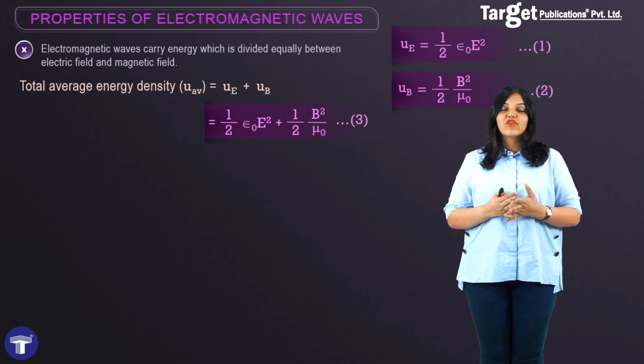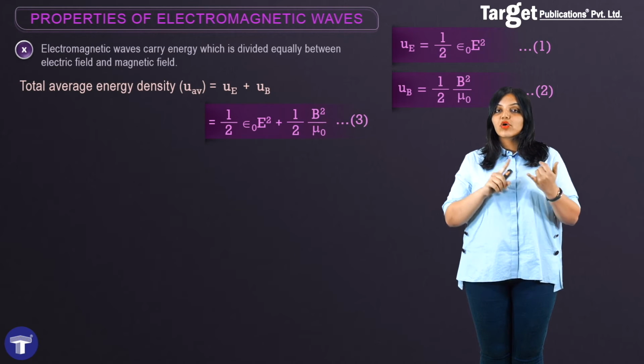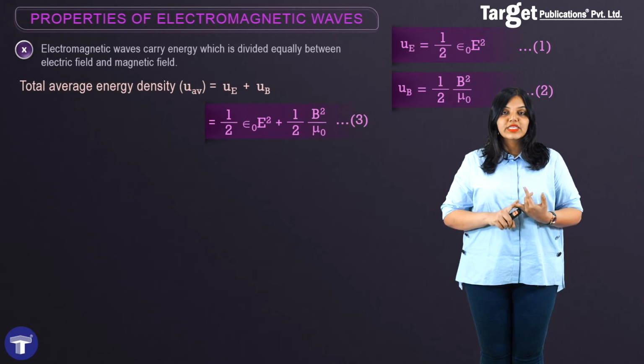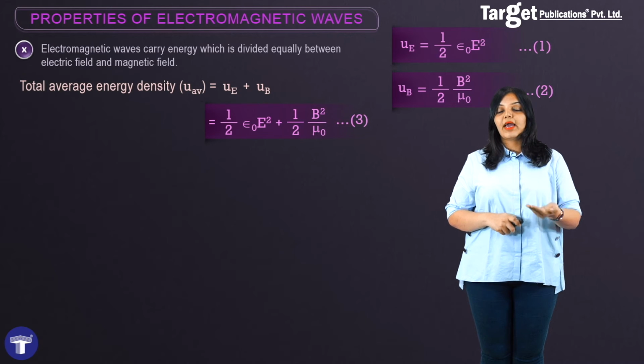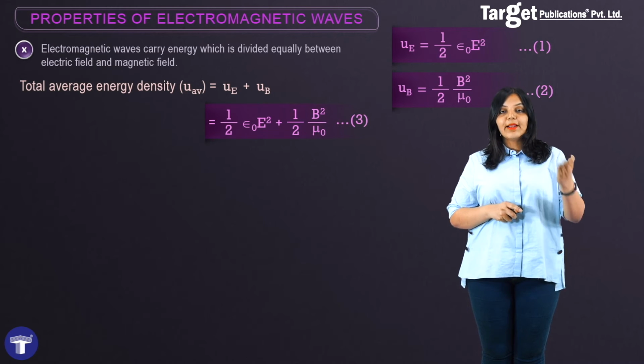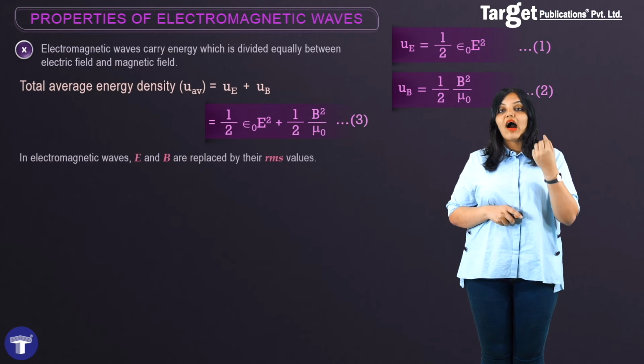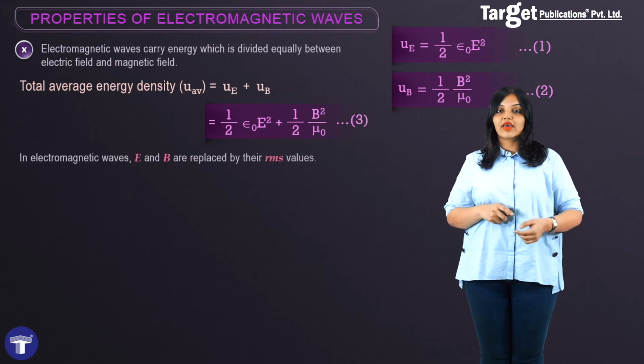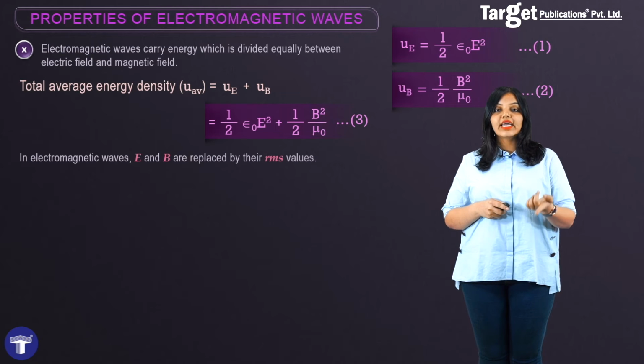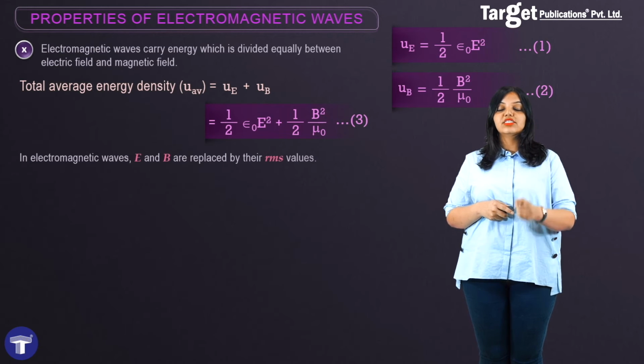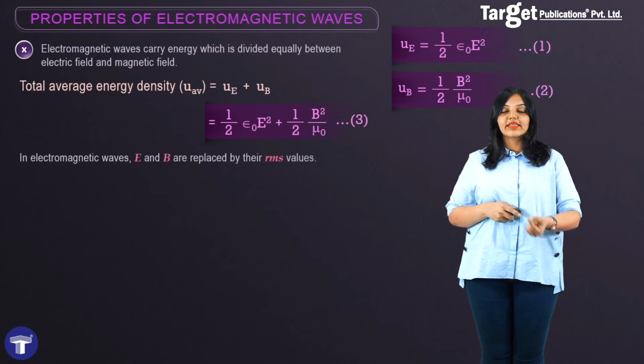However, in case of an electromagnetic wave, these values of E and B are not constant with time. They are changing with time, and therefore you have to replace E and B in this equation with their RMS values or root mean square values. And therefore, if you want to write down the total average energy density U for an electromagnetic wave, you use